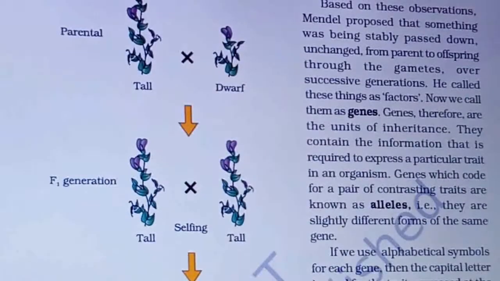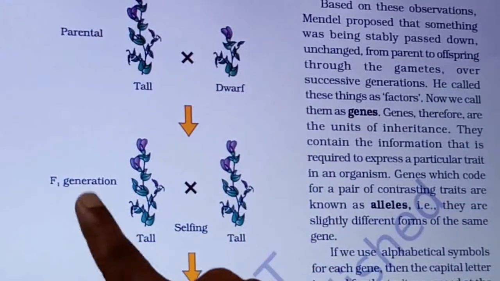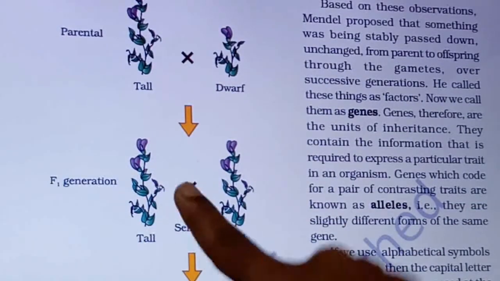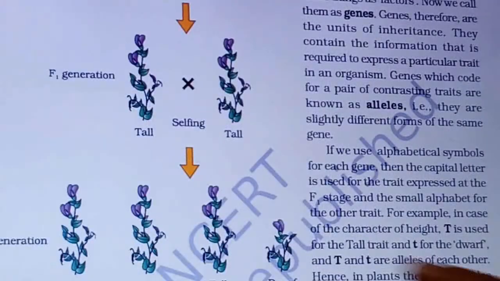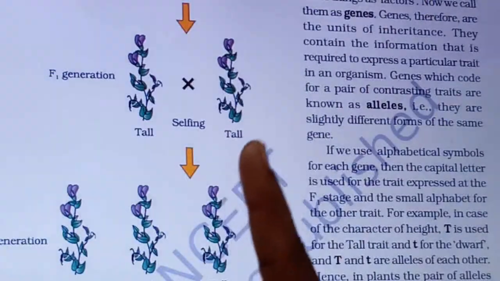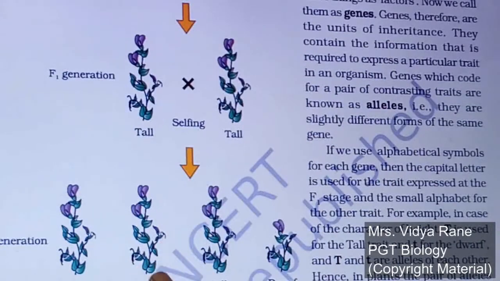This picture shows the monohybrid cross. A tall plant is crossed with a dwarf plant, and these both are the parents. Then the first generation is there, all tall plants. Then this cross indicates the selfing, and after selfing the second generation has come, that is the F2 generation. In that 3 talls are there and 1 dwarf is there. So the ratio is 3:1. This is the fixed ratio for all monohybrid crosses. This will be asked. One example of a monohybrid cross will be asked for 2 or 3 marks. So monohybrid cross you have to prepare well.